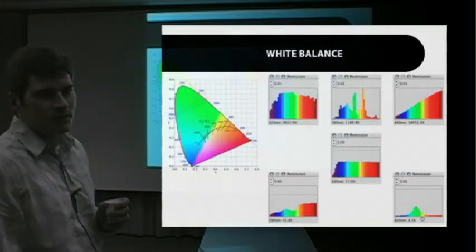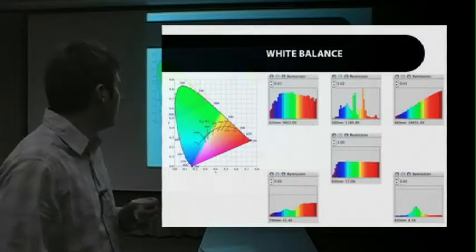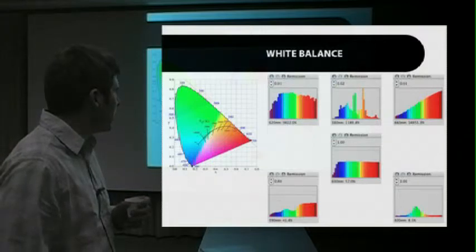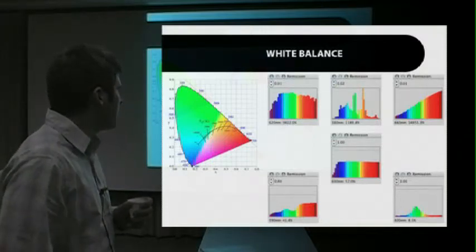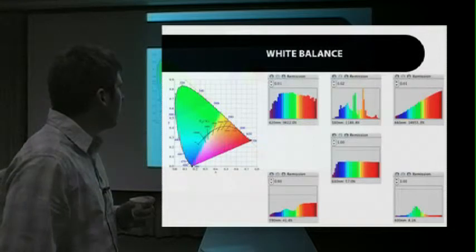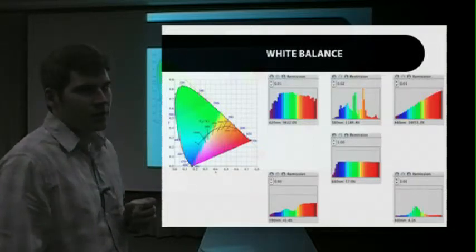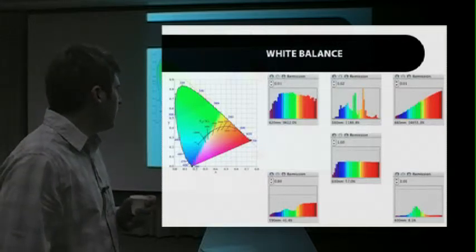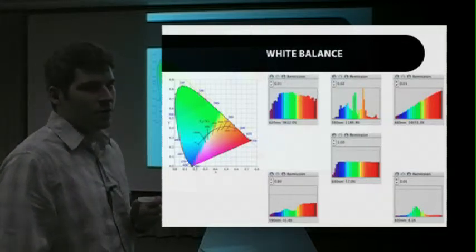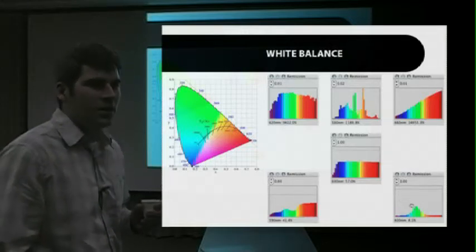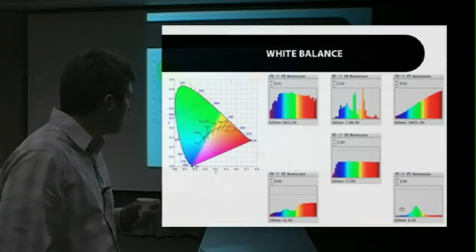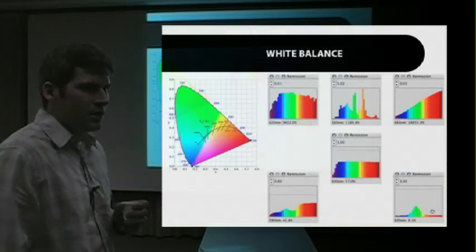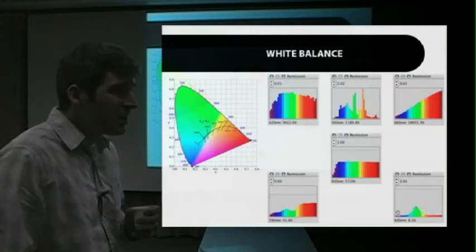This is a skin tone, okay? Nice, normal skin tone. It's got some blue, a little bit more of this kind of blue, then it goes back down for the green, and there's some red here. There's quite a bit more red, but if you lost all this blue, you'd end up with a red skin tone. And if you reduced the amount of red too much, you'd end up with a really blue skin tone or an orange or whatever. So getting that balance between how much green there is, how much blue there is, how much red, especially in things like a skin tone, you could be a little bit off and it'll look really